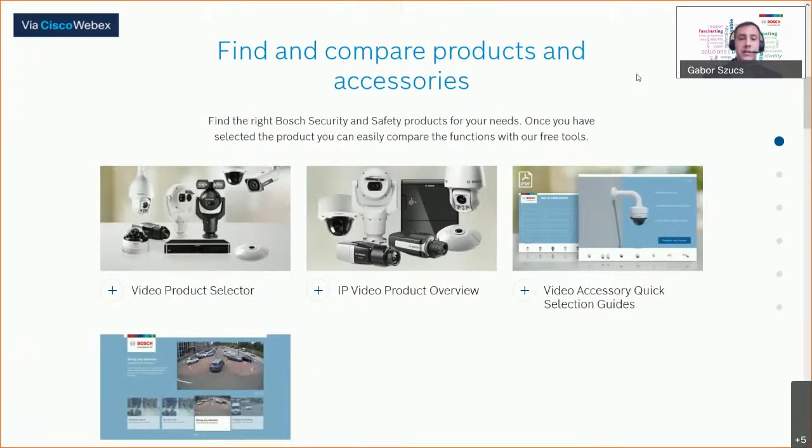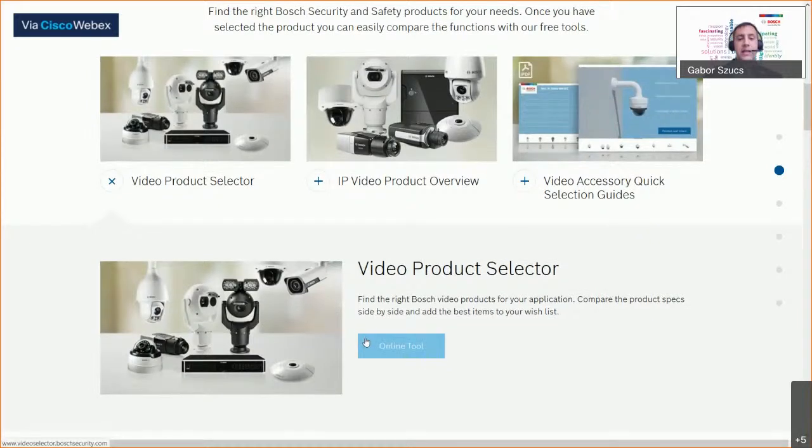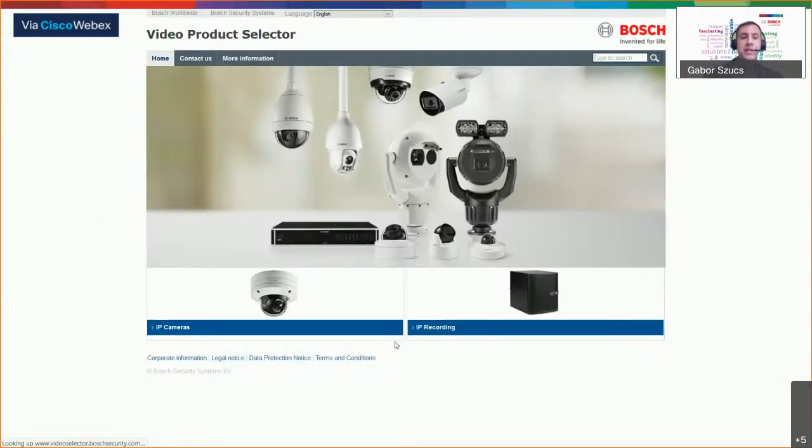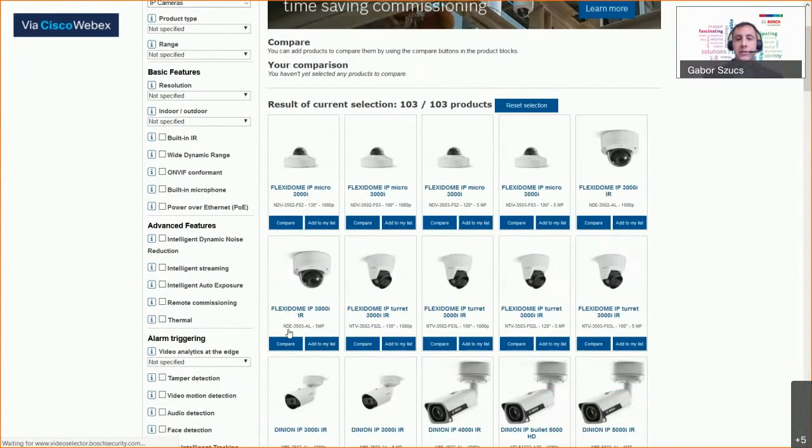So just jumping into that, as I mentioned, I will start with the video parts. I won't have enough time to go into detail on every one of these tools. But first of all, I would like to redirect your attention to the product selector itself, and not just the product selection, but an indication of how we can use it very practically in our everyday job. So as soon as you would like to check, for example, the Bosch cameras, you see that recently we